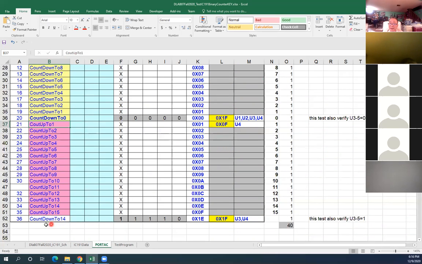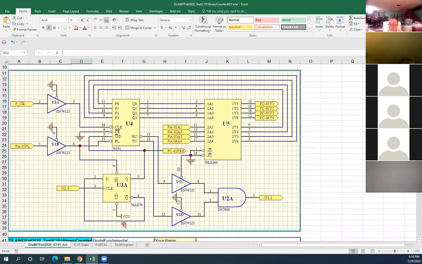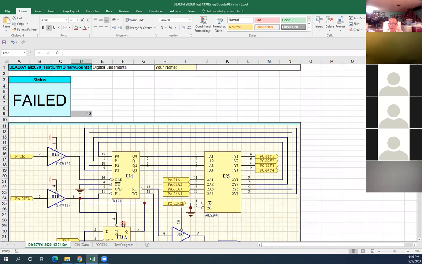Okay? And the last one, counting down to 14, you want that to be a 1 again. So if it's not 1, it can be U4 or it can also be U3. So now, in order to do this,